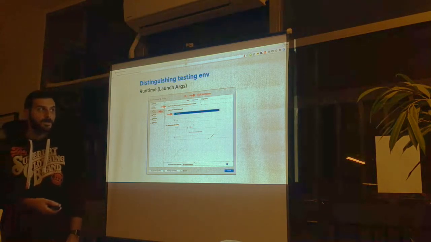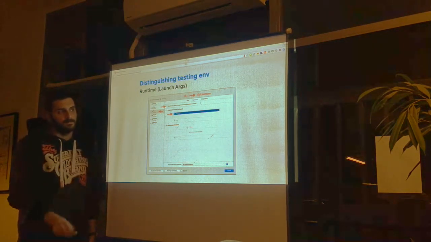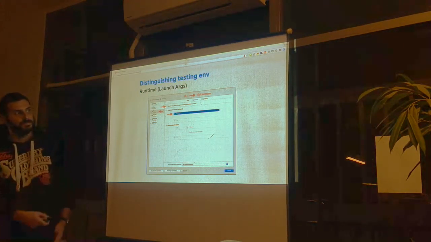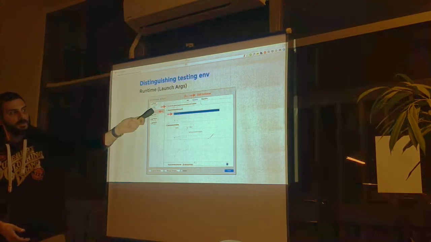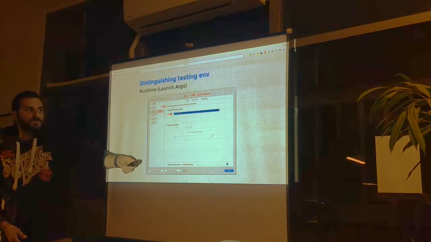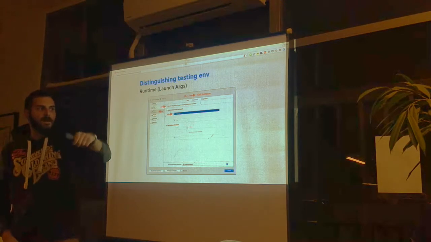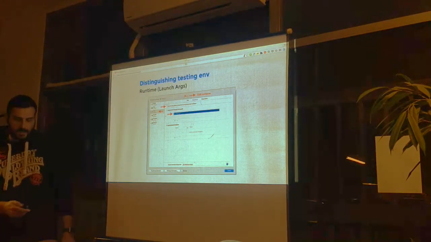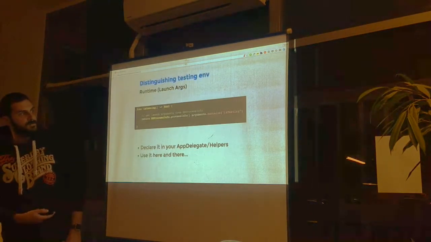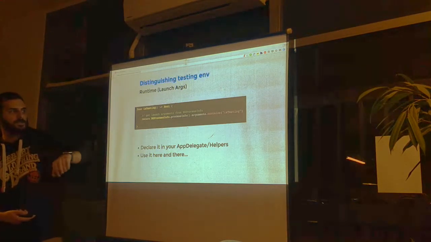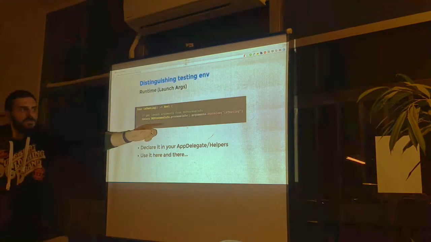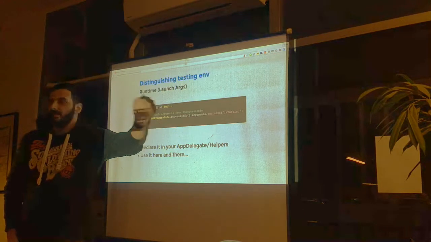Runtime. You press Command and less than on your keyboard. You go to Edit Scheme. You go to your testing target. Okay. You deselect this little checkbox and add this is testing argument or whatever you want to call it. And then boom, in the runtime, you can create this method and say return NSProcessInfo arguments contains isTesting, which